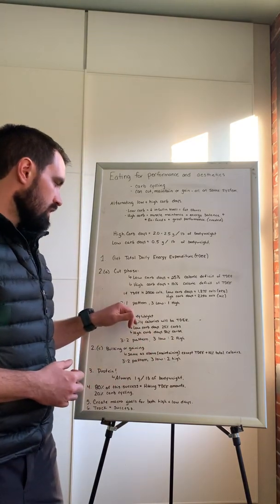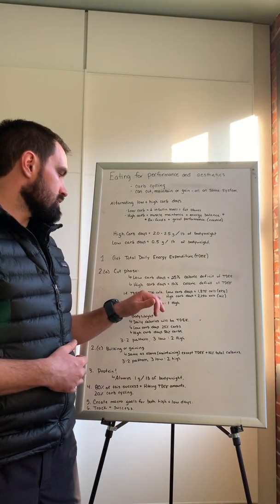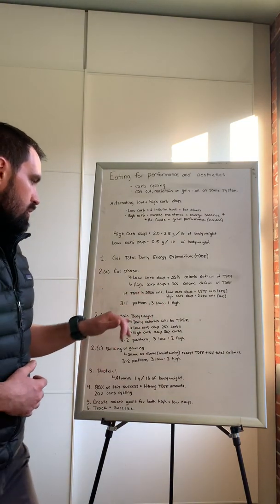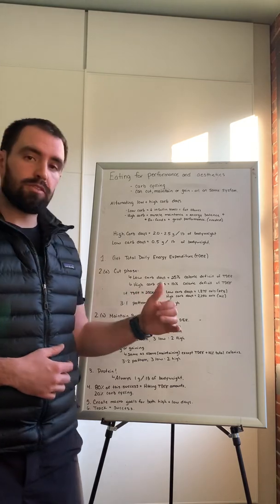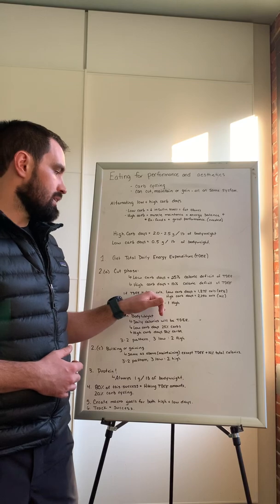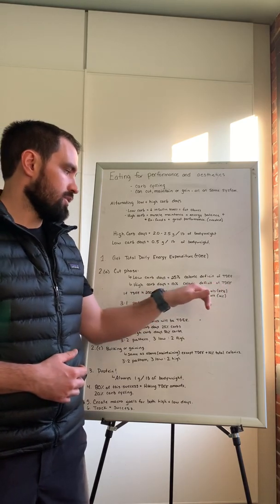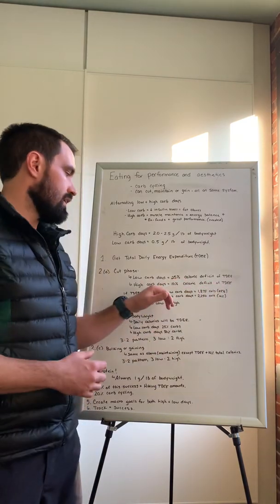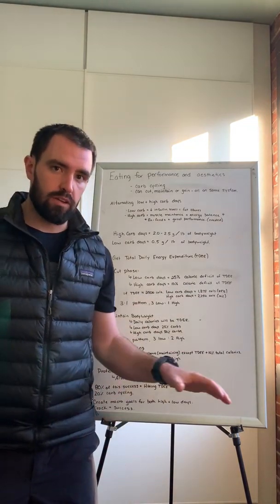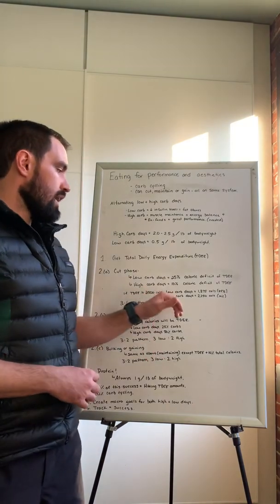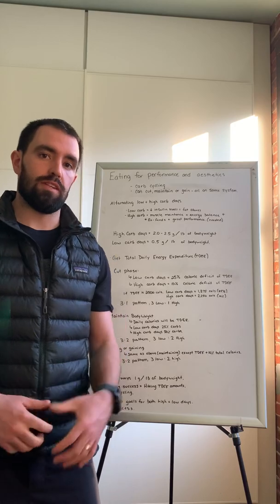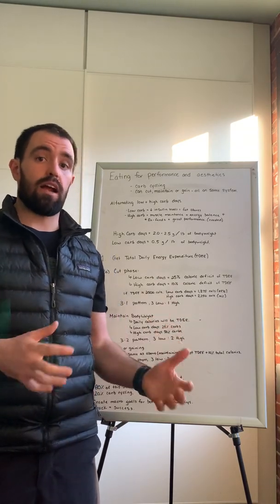Meaning, I'm going to have a day where I am looking at 2,500 calories for my total daily energy expenditure, this value we gained here. So I'm going to eat 25% fewer calories. Your total calorie allotment for the day on your low carb days is 1,875 calories. Total calories, carbs, fat, protein. On your high carb days, it's 10% less than this 2,500, so it's 2,250. That's, again, your total intake for the entire day.